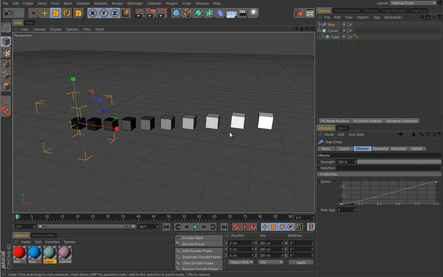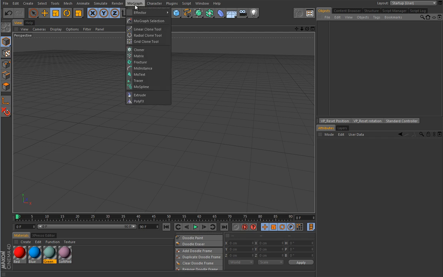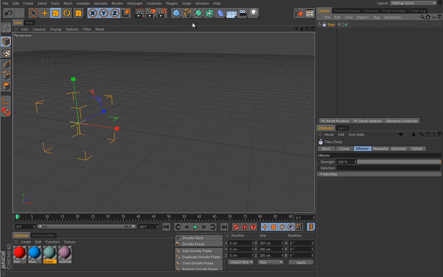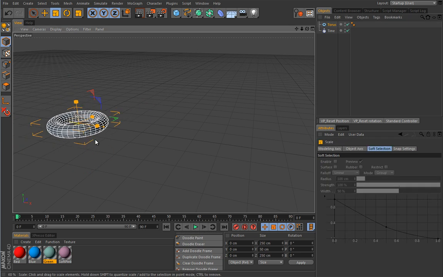Now let's get rid of all this, and we will take a look at another effector, and in this case let's explain the time effector. I would rather skip the coffee and Python effectors because I think coding and usage of code in effectors is a little bit beyond the scope of this lesson, and it's really appropriate for project training. So let's go with our time effector, and let's create maybe a torus. I will scale it down also,